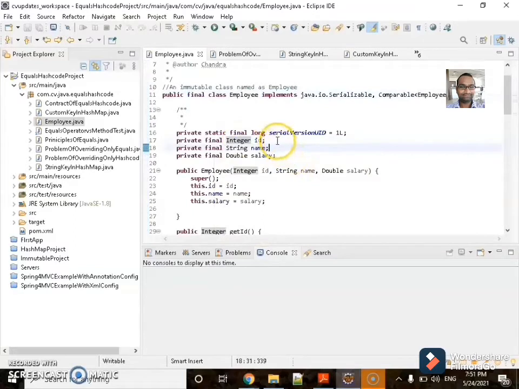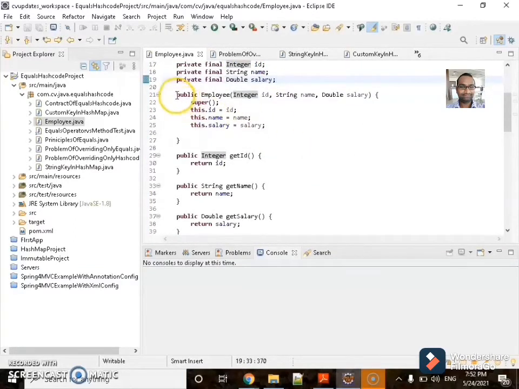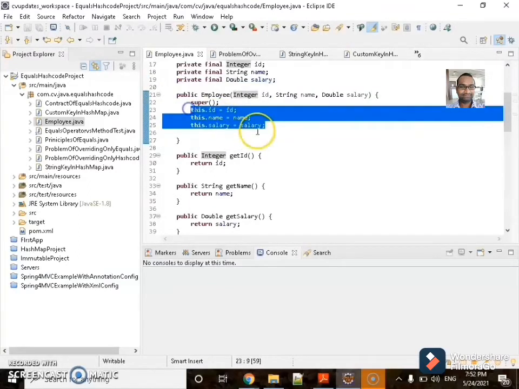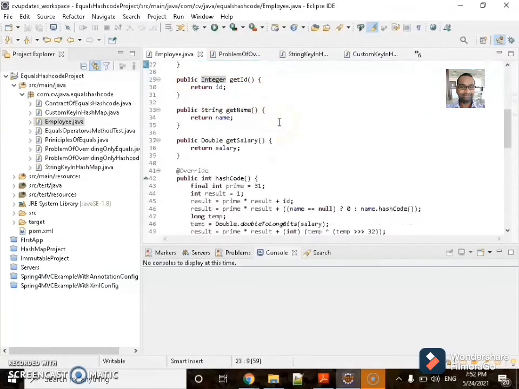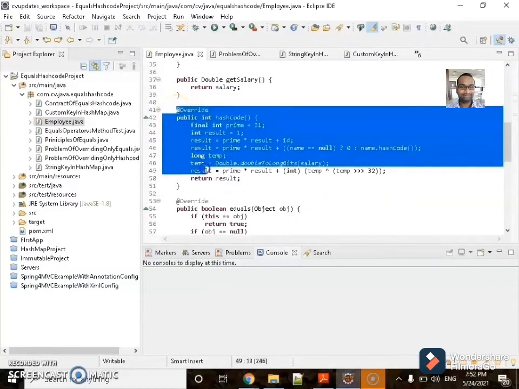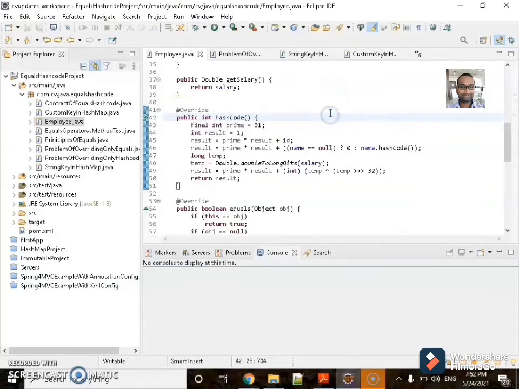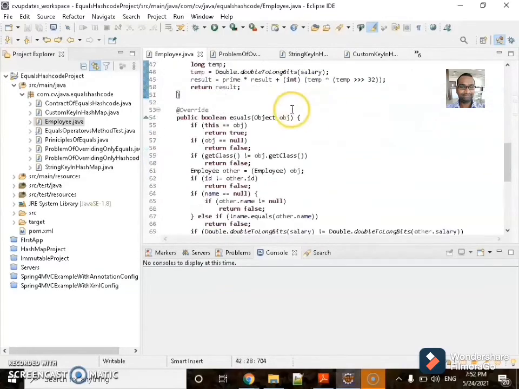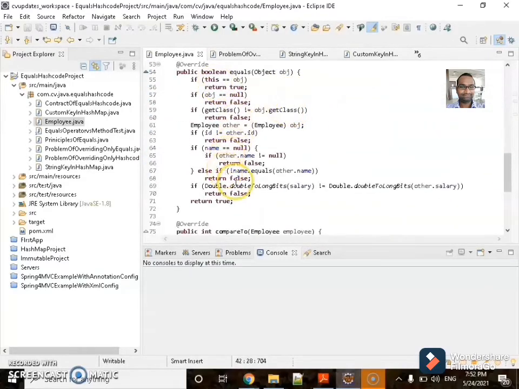I'm taking an integer id, string name, double salary, and I've written a parameterized constructor for initializing these three fields, writing the getter methods, writing the hashCode method properly using these three fields, and writing the equals method properly with three fields.